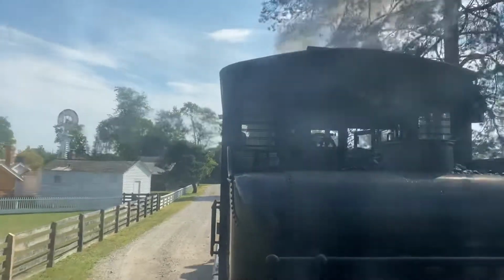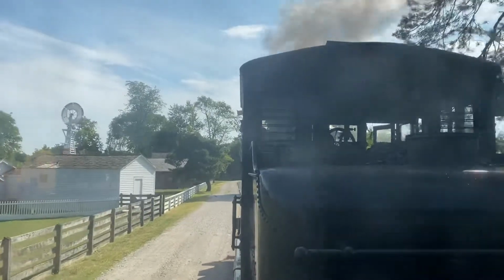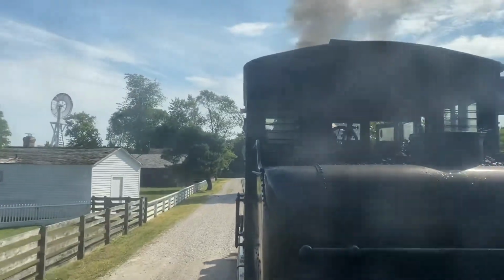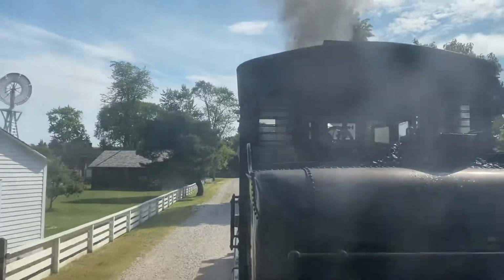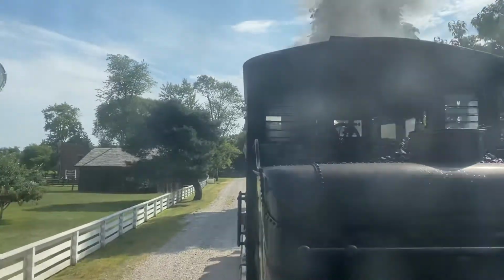On the window, Main Street. Stop back here and visit the Wright Brothers home and their cycle shop. We have the original buildings from Dayton, Ohio. They've got copies down there in Dayton. Not quite sure how that happened, but